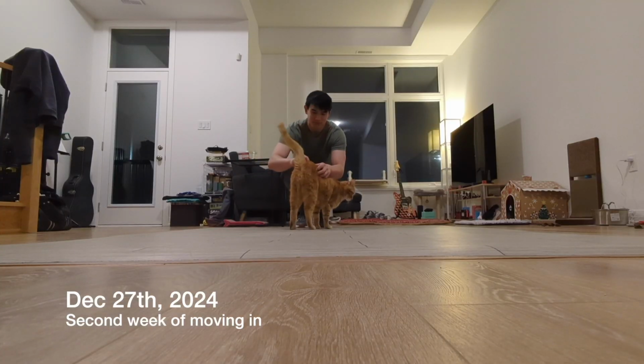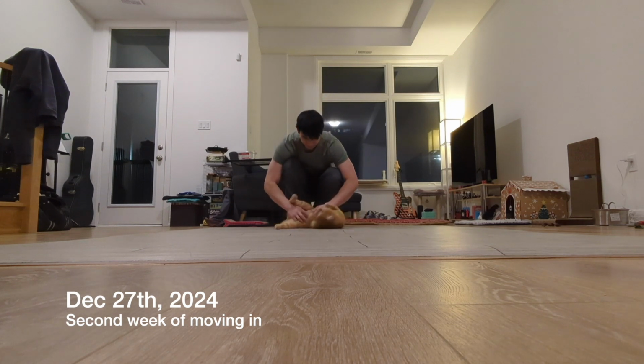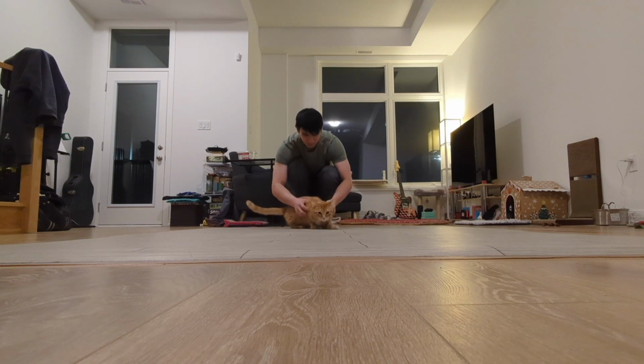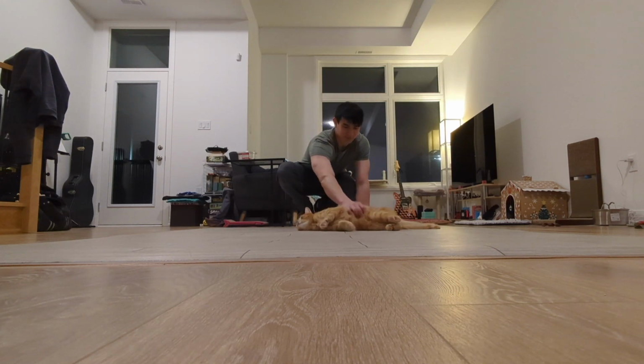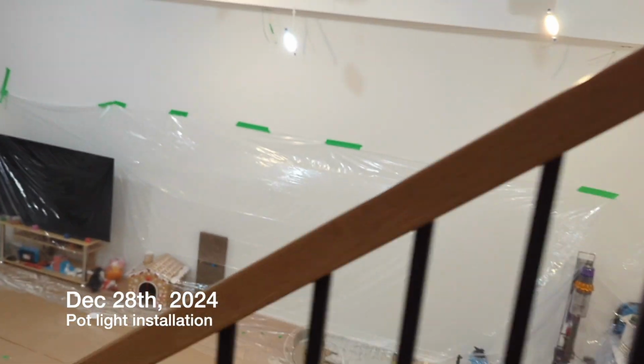If you're wondering what that patch of linoleum is, it's my makeshift padded dance floor. If you look behind me, that is the state of lighting in our main living room area. The wife really didn't like this and wanted pot lights instead. I was of the perspective that we didn't really need to upgrade right after moving in. The lights worked fine, and honestly, I was just sick of moving around so much. So unfortunately for the wife, I am the man of the house, and because of this,